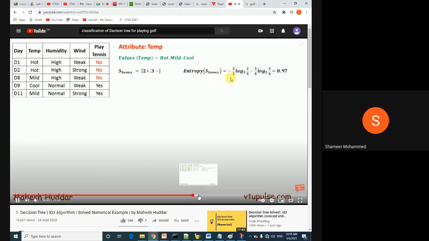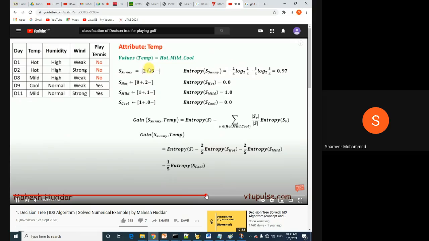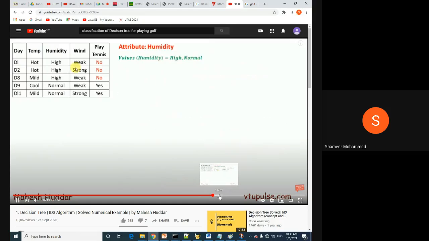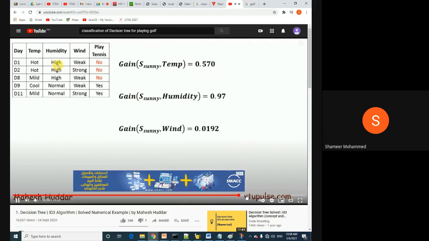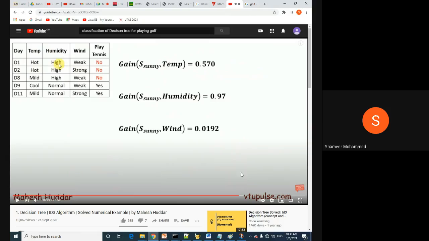Again you are calculating, again for humidity, again for wind. These are the possibilities now. If it is sunny, this much, this much, this much. So based on this,